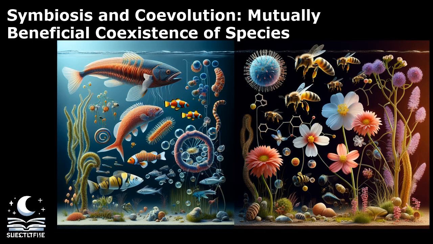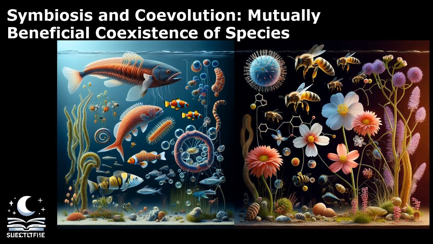Understanding symbiosis is crucial for ecologists and biologists, as it plays a significant role in shaping ecosystems and biodiversity. By studying these interactions, we can gain insights into the interconnectedness of life on Earth and the delicate balance that exists between different species. Symbiotic relationships come in various forms, each with its unique characteristics and outcomes.